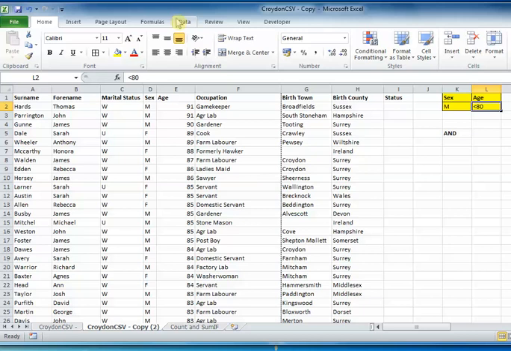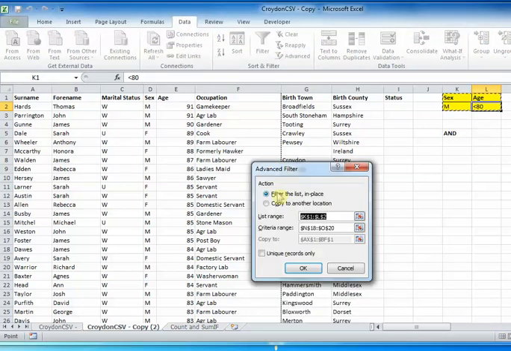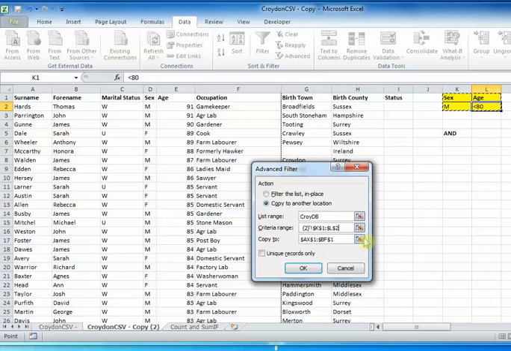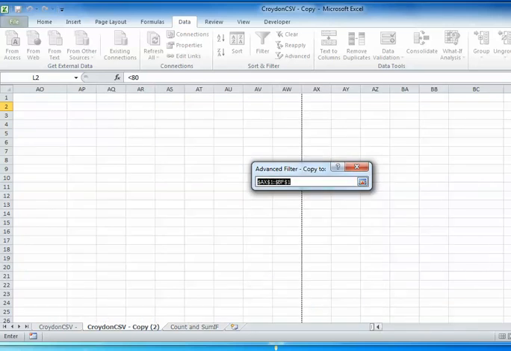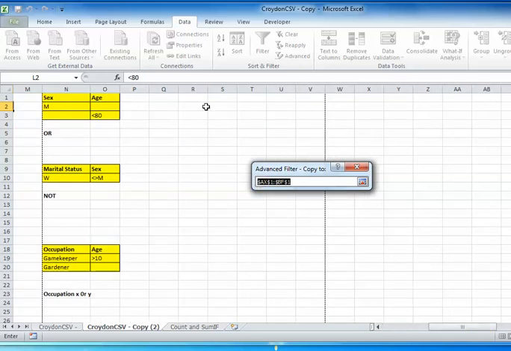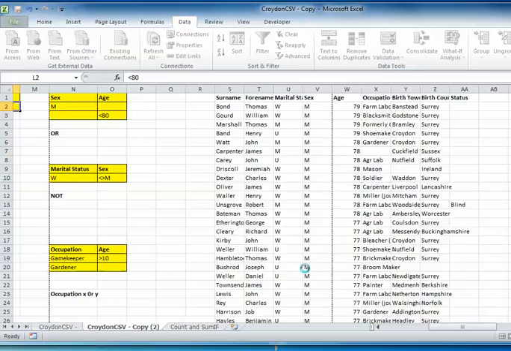So I go to Data, Advanced, and Advanced Filter. I'm going to copy it to another location. I'll show you how to do that. First of all, my list range will be CroyDB because I've named it, and my criteria range will be here. I highlight the criteria range, enter, and now I'm going to copy it to a location. So what I'll do is I'll look on this page, and I'll put it right here next to my queries. So I could put the location of the data where to copy it to, and I select OK, and the